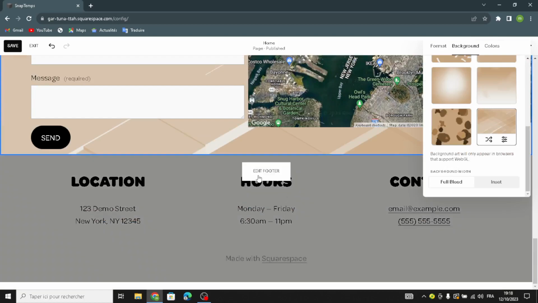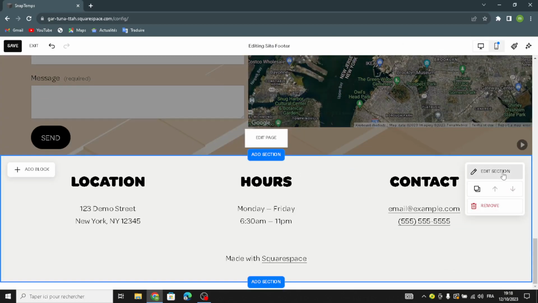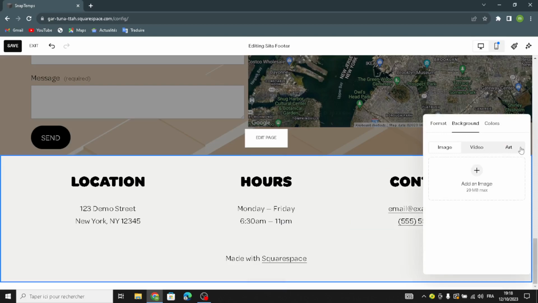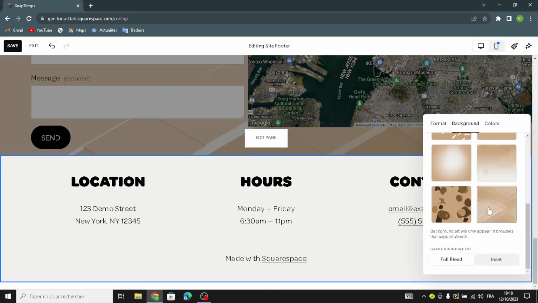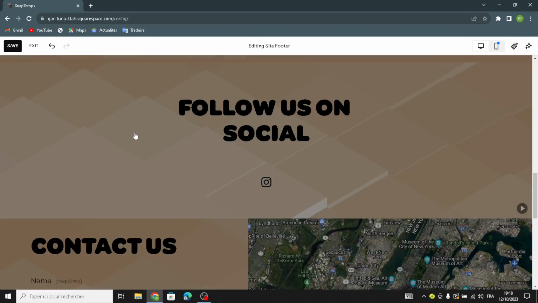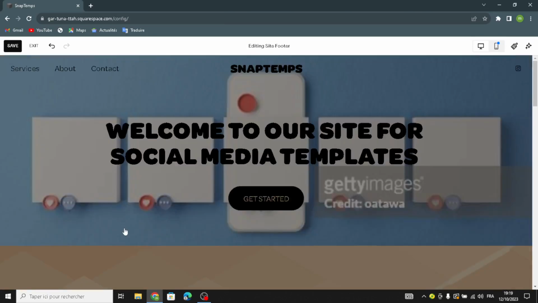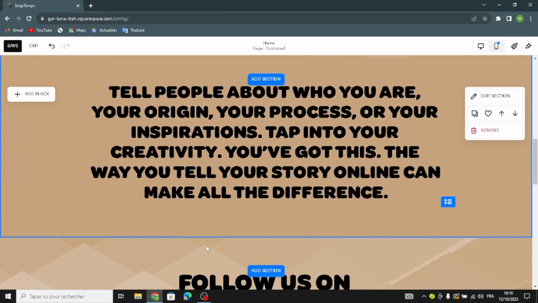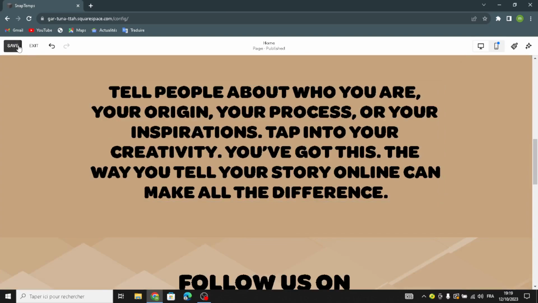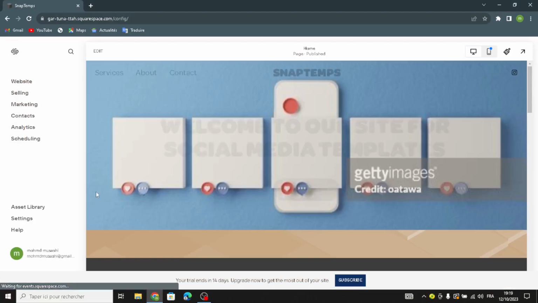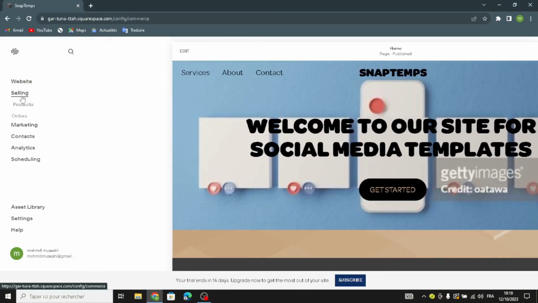So that's it. Now let's move on to the footer. So this is the last section, the footer section. So just click here and add just a simple art. So that's it. And now after you're done designing your website, you can just save this and go to the styling section. So now go to the styling section,